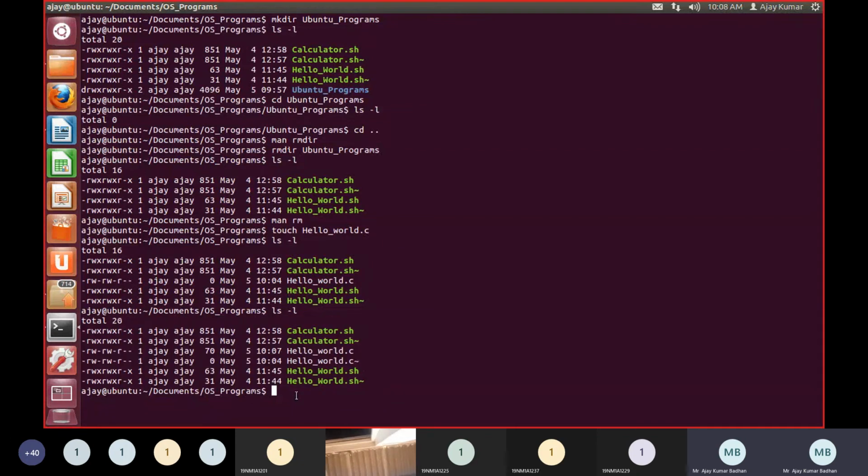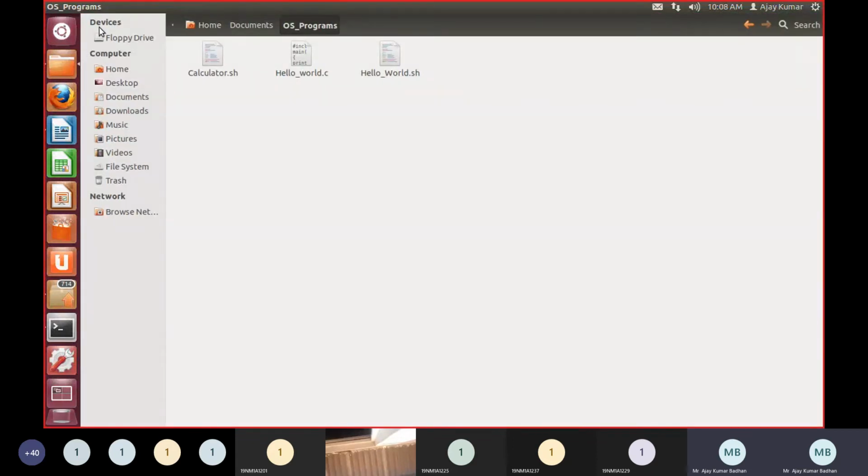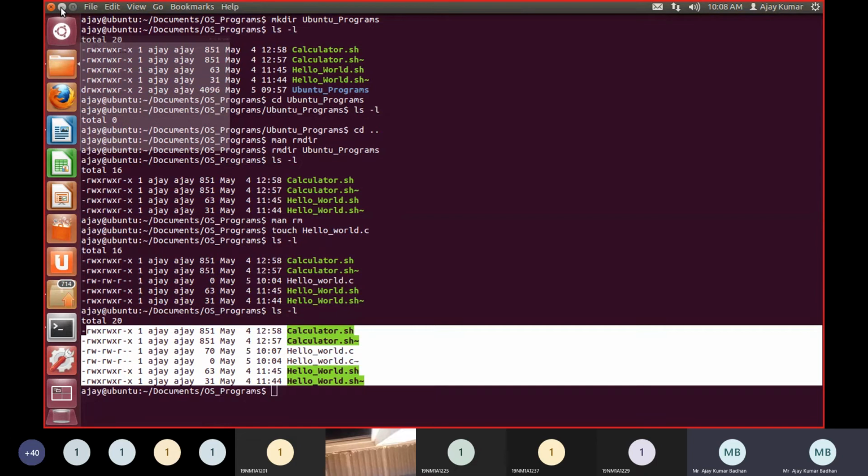Now this time I don't want to go to the folder. I want to know what program I have written within this particular hello world.c, but I don't want to click on this. Without clicking, on this terminal I want to display the information. So the command we can use here is the cat command, C-A-T. This command with the file name will display the content present in that particular file. Let me type it. C-A-T, cat space. What is the name we have given? Hello_world.c, H-E-L-L-O underscore W-O-R-L-D dot C.